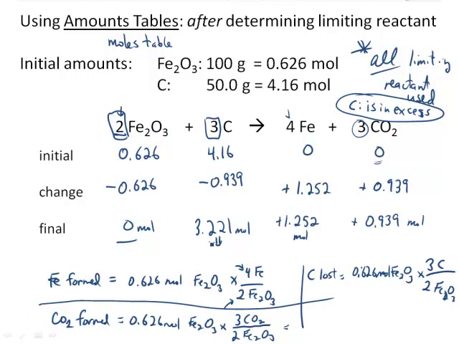So I'm not going to show that out, but I'm going to take the 3.221 and multiply it by 12.01, because that's our molar mass for carbon. So you're left with 38.7 grams of carbon,